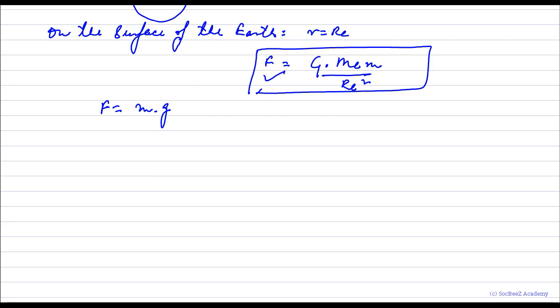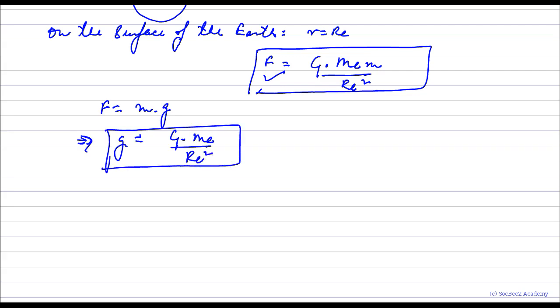So we obtain the value of g. If I put in the value of F as G into Me into m upon r square, we obtain the value of small g, that is the acceleration due to gravity, as G into Me upon r square. So this is basically the acceleration due to gravity on the surface of the Earth. Now this acceleration due to gravity is actually going to be affected